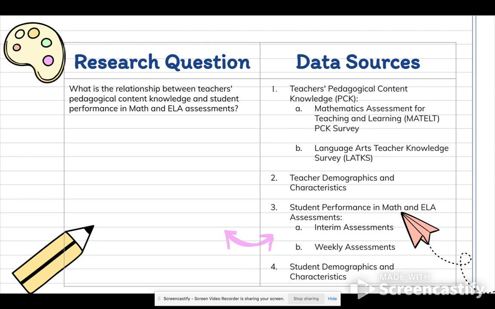We're also going to collect data on both teacher and student demographics and characteristics. Finally, the dependent variables will be student assessment outcomes from both interim or end of trimester assessments and weekly assessments.